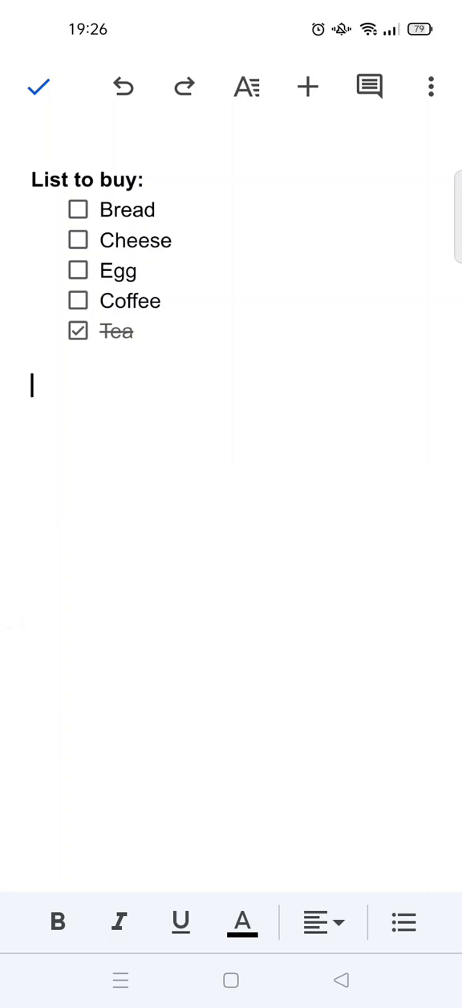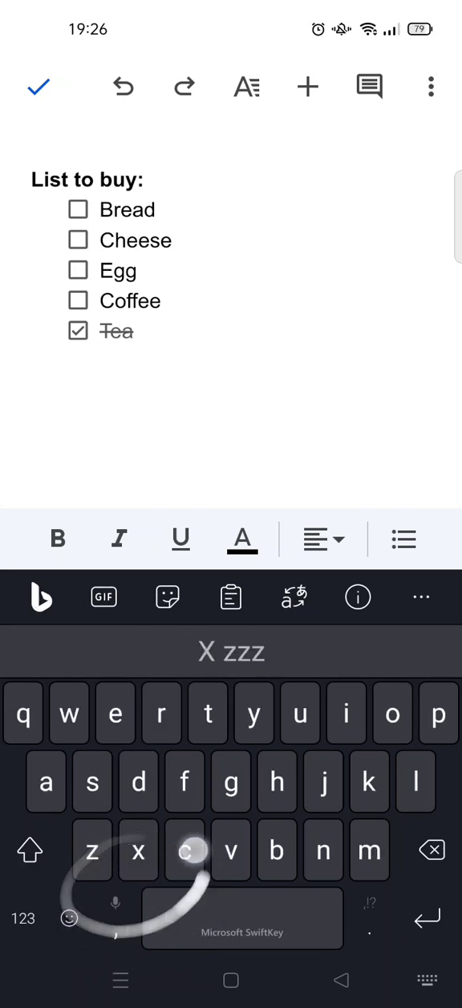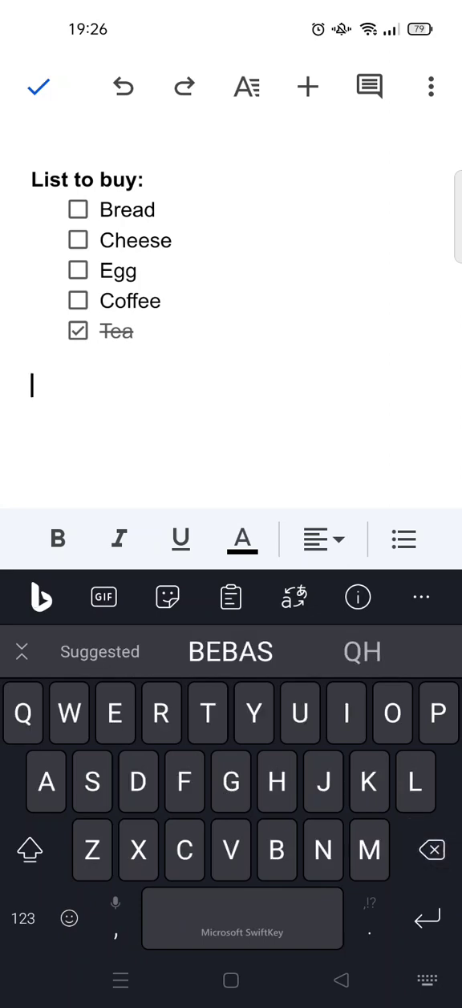So what you need to do first is make sure that you enable the voice typing feature on your phone. When you click on the file, you'll see on the keyboard there will be a microphone icon like mine here. So you need to make sure that the voice typing in your phone is activated, and then after that, to do the